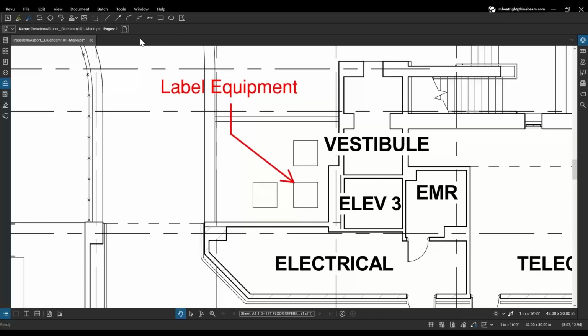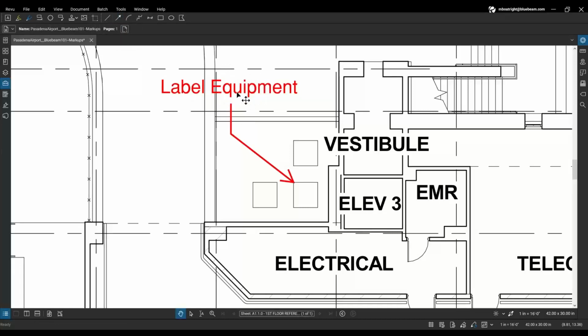Now we do see a lot of customers click on the arrow icon up here, create a markup, and click and attach as they go through, just making sure that the arrow is as close as possible to the callout. This is something that I wouldn't recommend doing, and the reason being is that when selecting this option up here, you're essentially creating additional markups. With those additional arrows, you're going to have to go back when we change the properties and change the properties of both of those arrows as well. And they're also being tracked as separate markups in the markups list. So instead of doing that extra work, instead of creating additional markups to create my additional arrows,